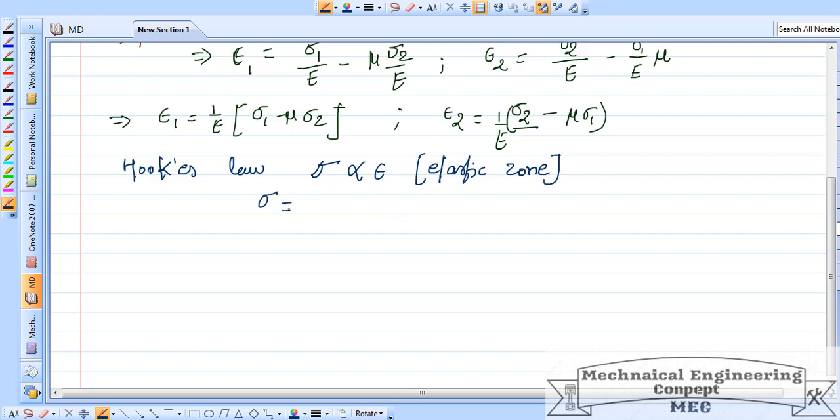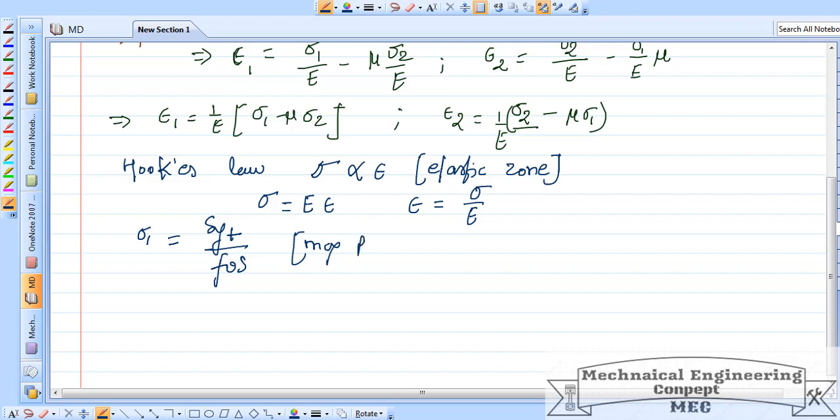So sigma is equal to modulus of elasticity times epsilon, so epsilon can be written as sigma by E. For maximum stress, here I am considering sigma 1. From the first theory of failure,